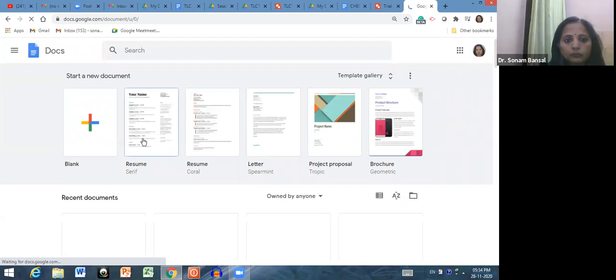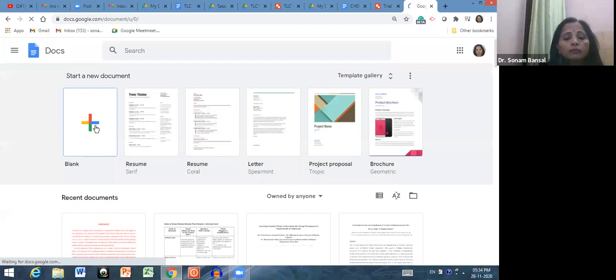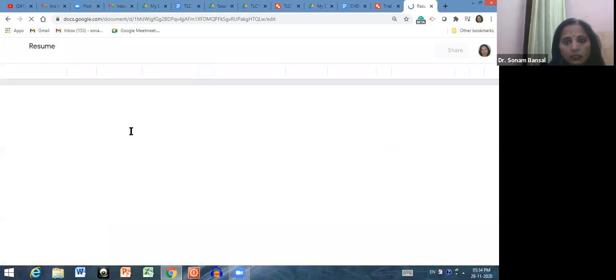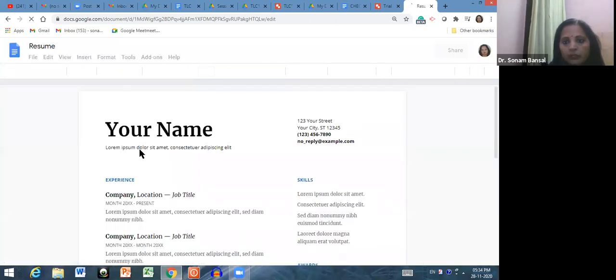Now, see, first of all, these are all ready-made templates that you can use. And this is the blank template for preparing a new Google Doc. If you want to prepare your CV or resume, then you can choose this template and make the changes in that.